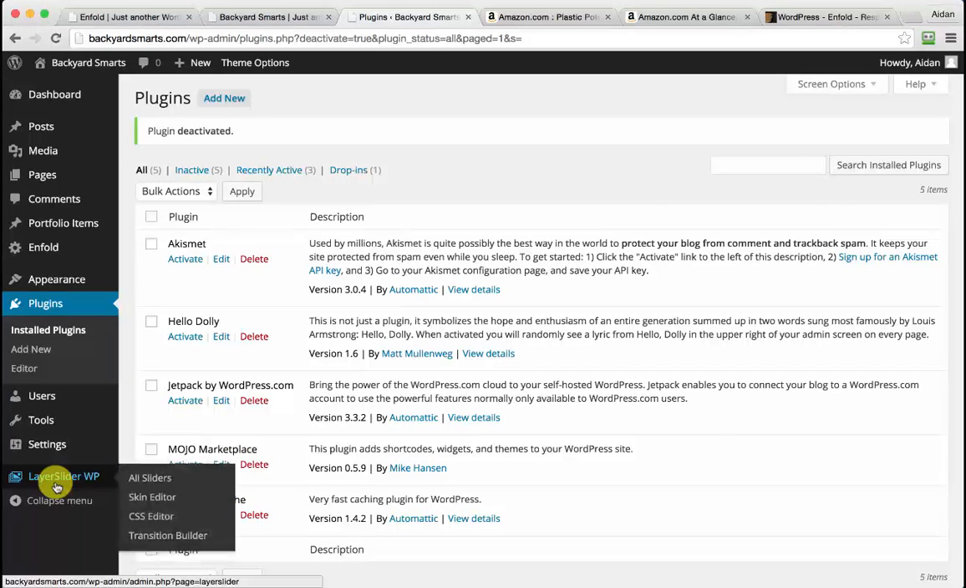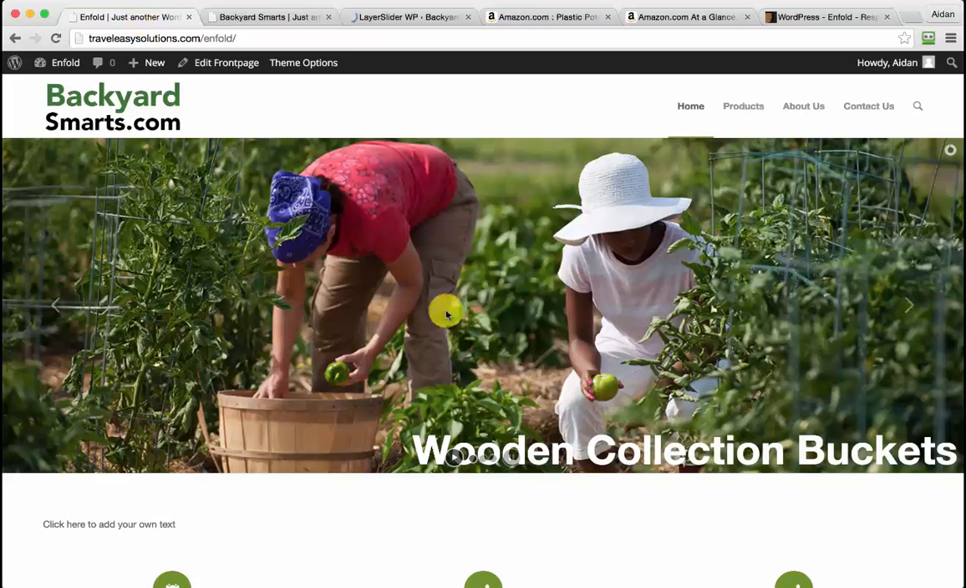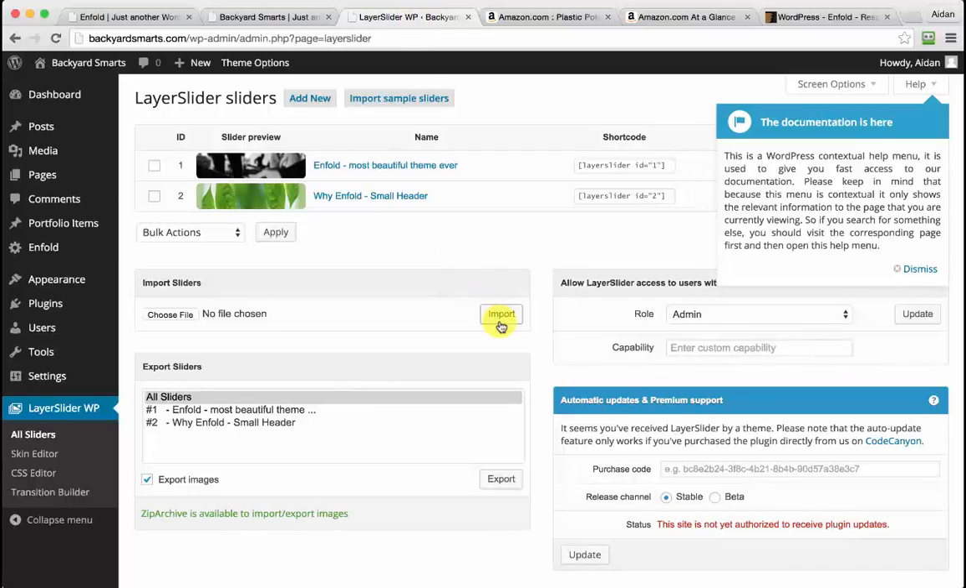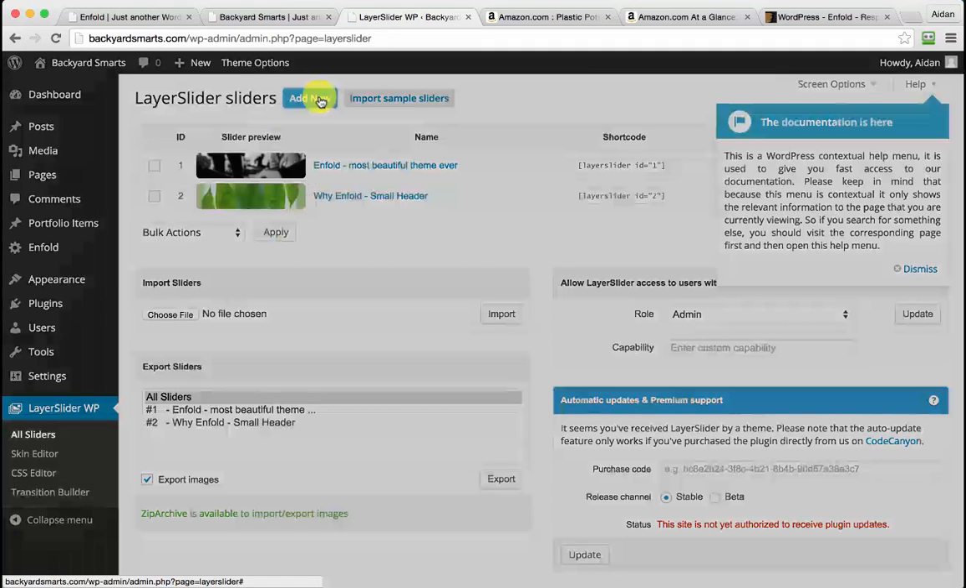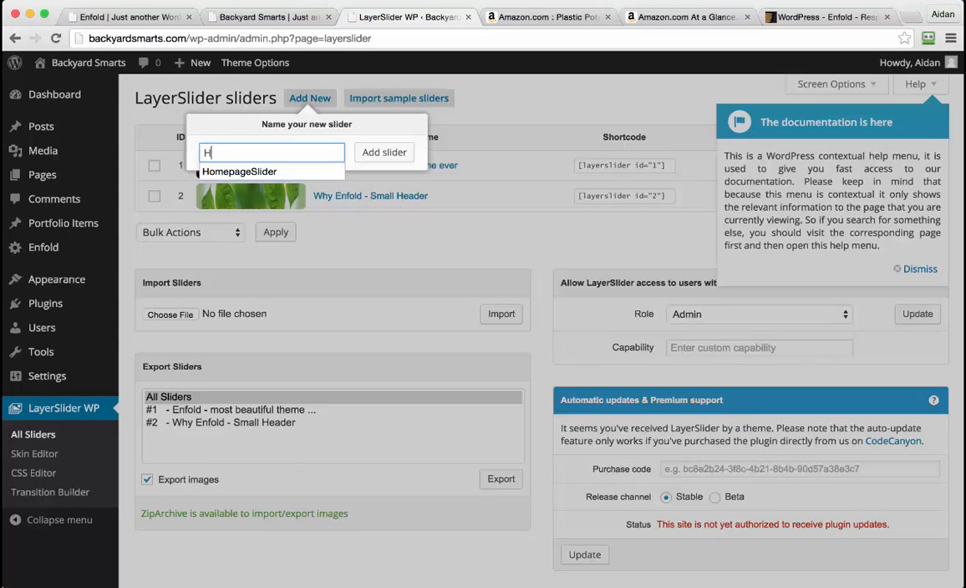Okay, so the first thing I'm going to recommend you do is set up the LayerSlider. Now you'll see how all this comes together in just a second, but basically the LayerSlider is this top section up here, and we can set it up, and then once it's set up we can insert it into our page. So I'm just going to click Add New, and I'm going to call it Homepage Slider,